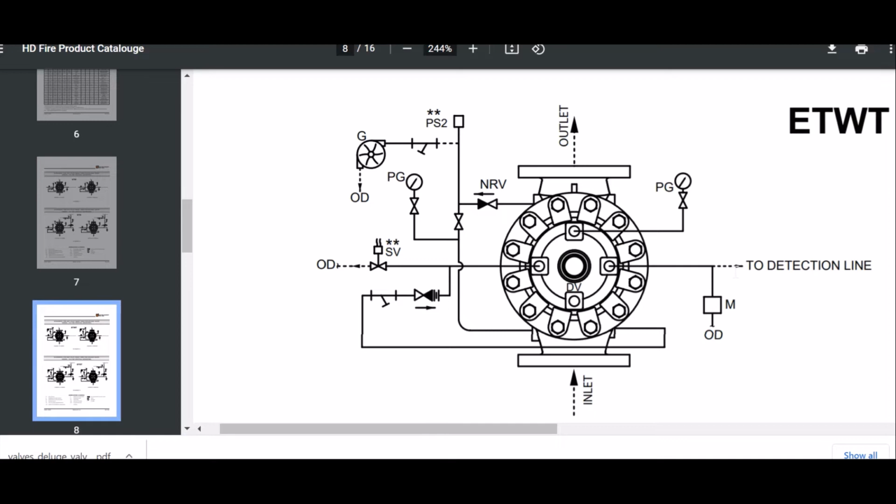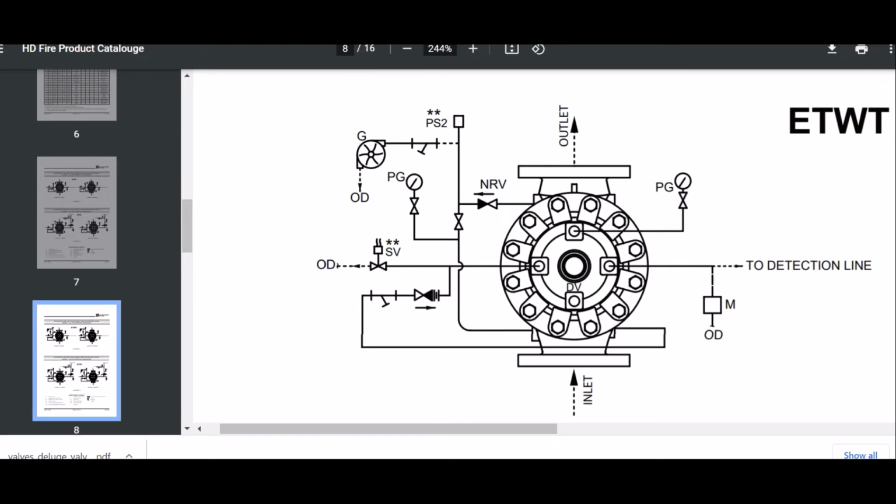That means this detection line is connected with the manual release station. While the solenoid valve is not working, it will release the manual release station valve, and it will release the pressure above the diaphragm, and the deluge valve will work manually. So that's why this manual open drain is given.